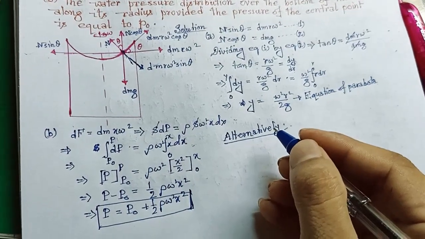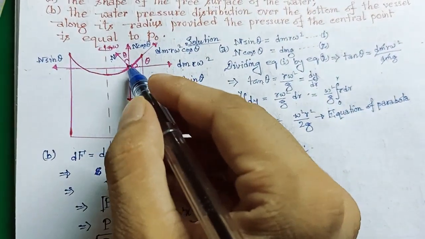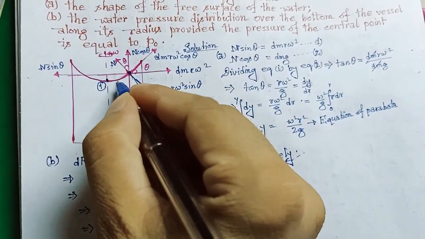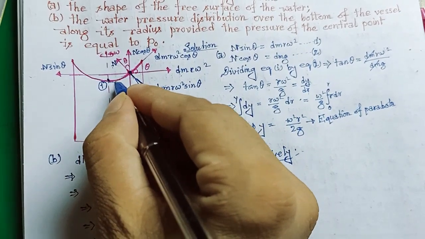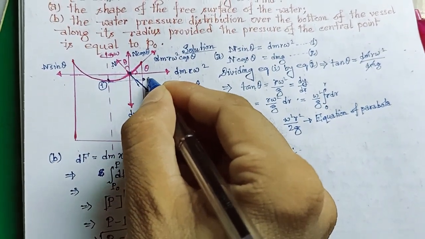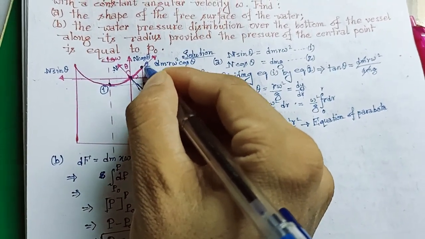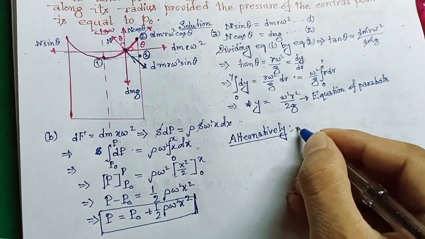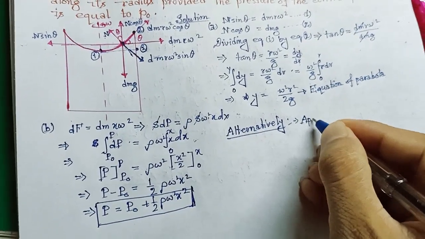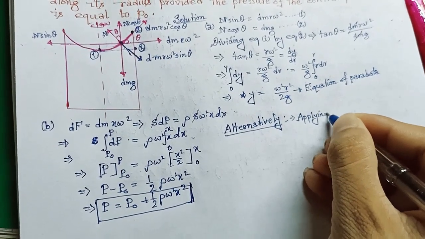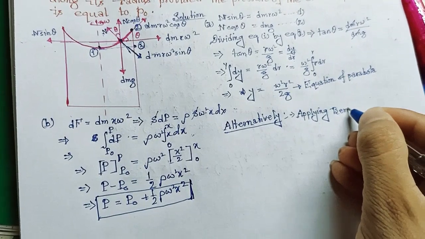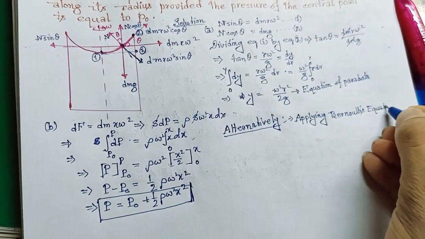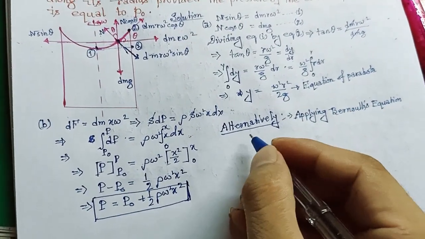Bernoulli equation at, let this is our curve. So in this curve, let this is our point 1 and this is our point 3 and this is our point 2. So applying Bernoulli's equation at 1 and 3,